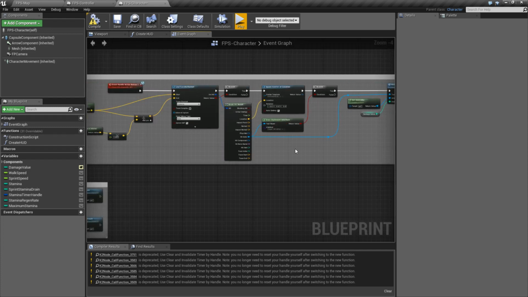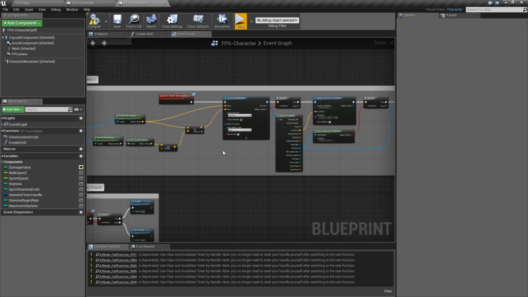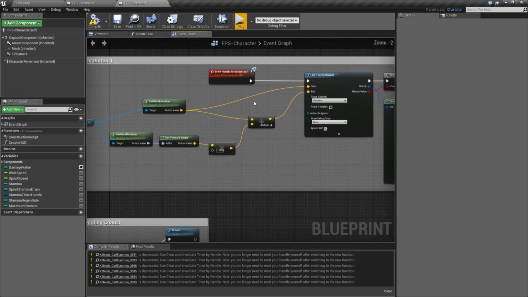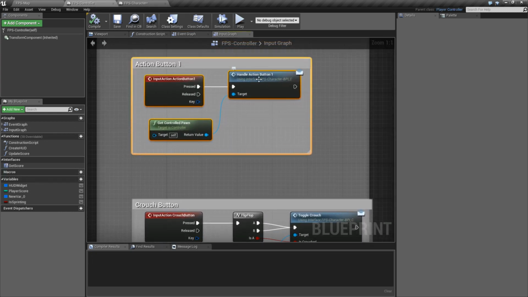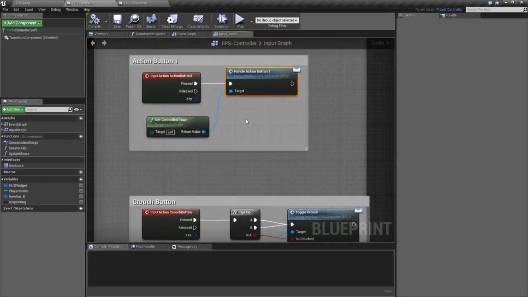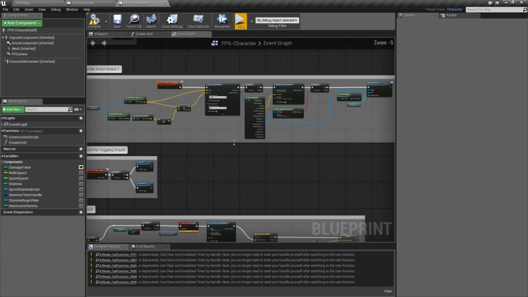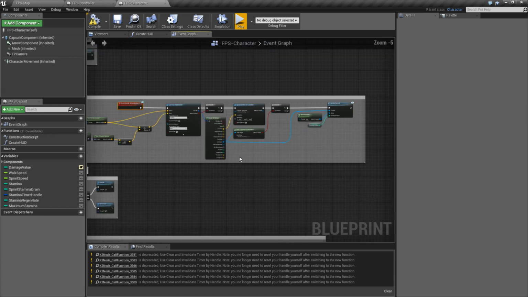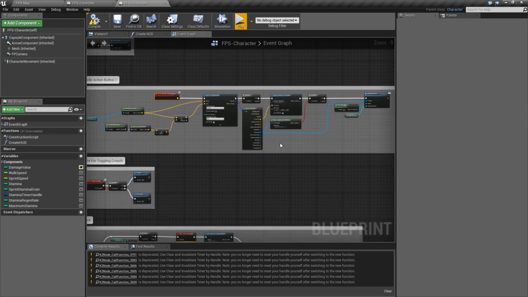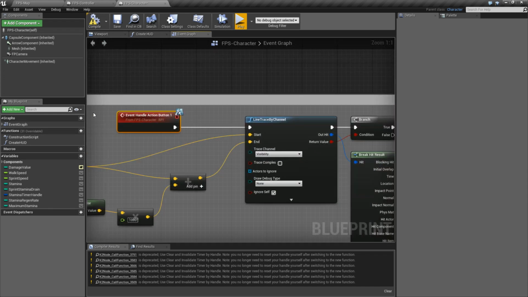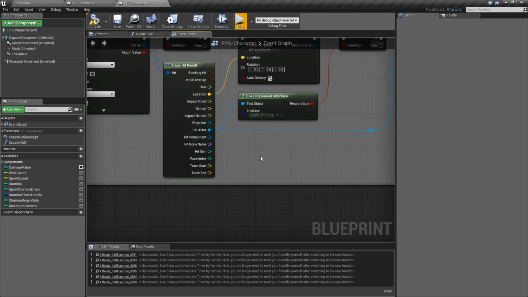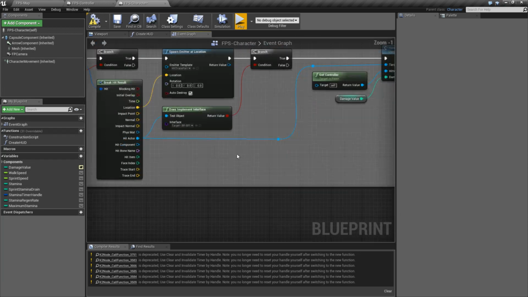You know, I think, yeah, there's the sound cues, but this is what I'm thinking off the top of my head. I have it handling action button 1. So in our controller, when we press it, we handle action button 1. Well, I have another event for handling action button 1 released. And then I can basically pass that information along to the weapon, and then I will literally let the weapon handle itself. So if the weapon is a single shot weapon, and we're handling action button 1, and it says, okay, action button 1,